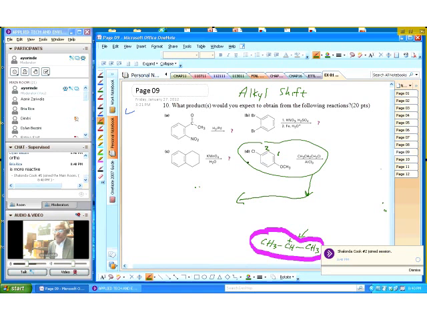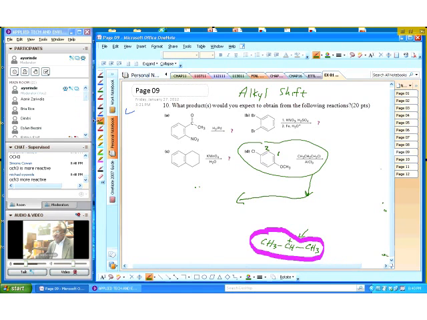Because of the methoxy group. It's more reactive. The methoxy group is more activating than the chlorine, and therefore it will assume the direction of the incoming group. It will take over the direction of the incoming group. Very good. So therefore our product will be